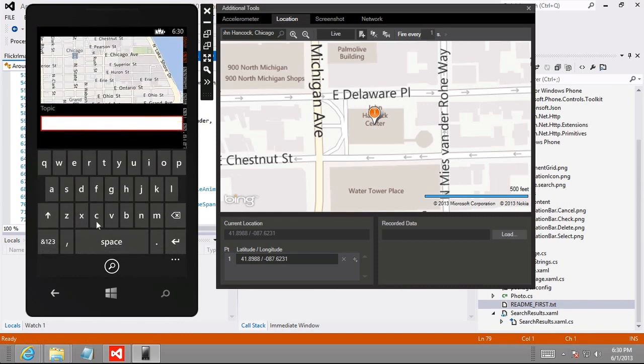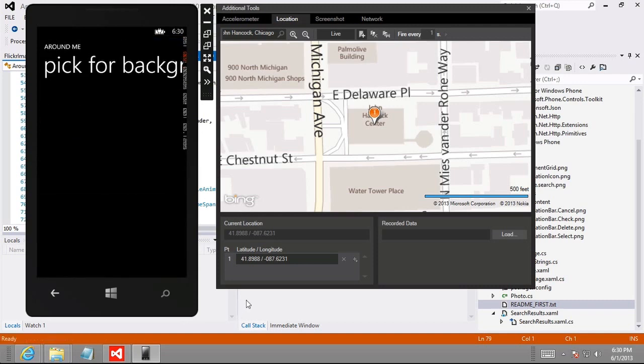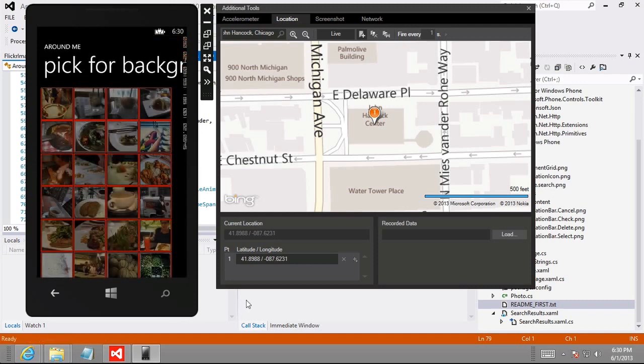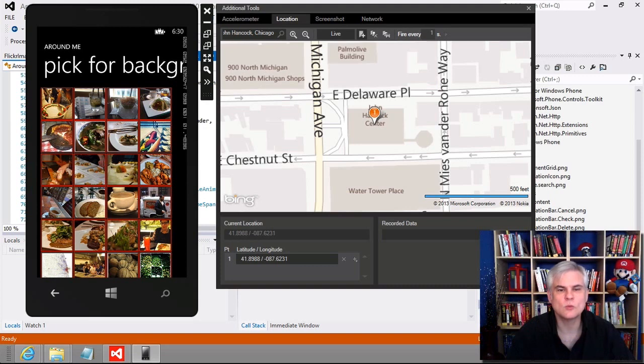All right, and I'm going to go ahead and type food again. Now watch closely as the images come in. They should be animating in over 2 seconds. Yes, see, it all came in slowly. Very nice. So we've satisfied the topic of this lesson, the title of this lesson, but I want to add